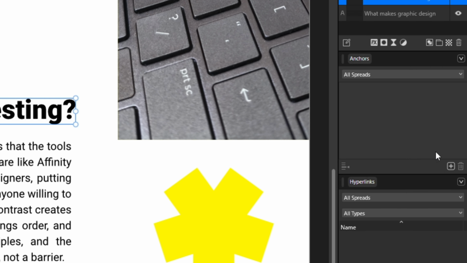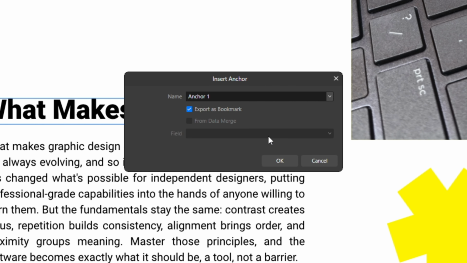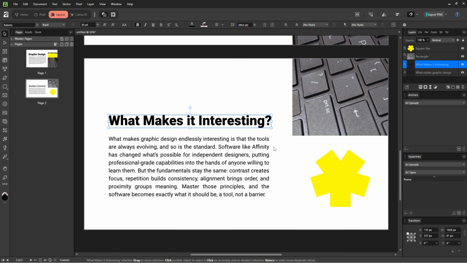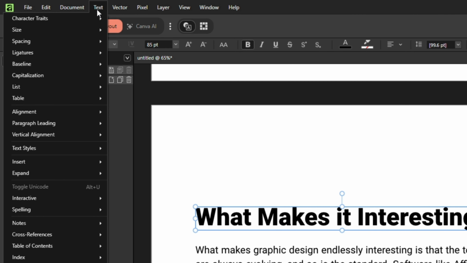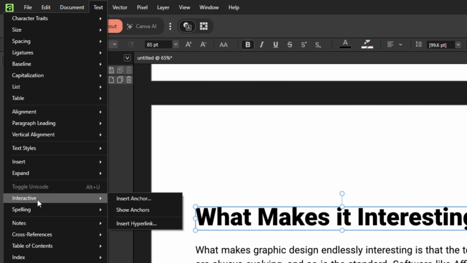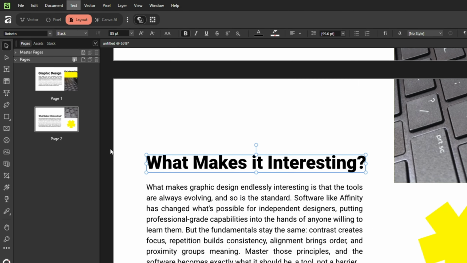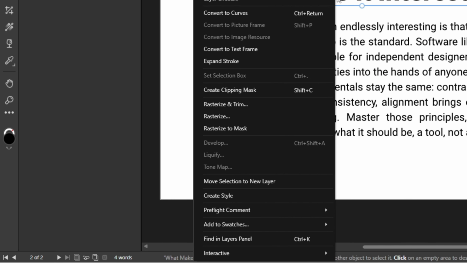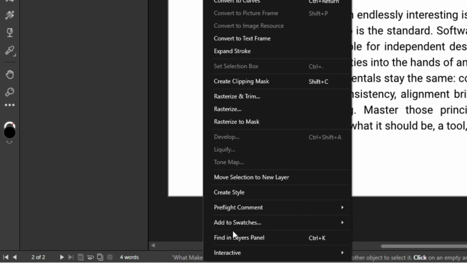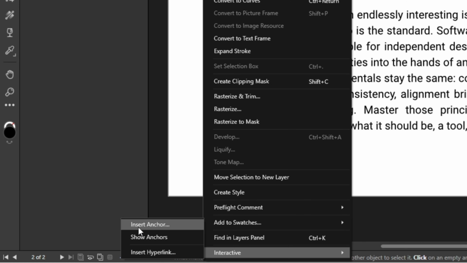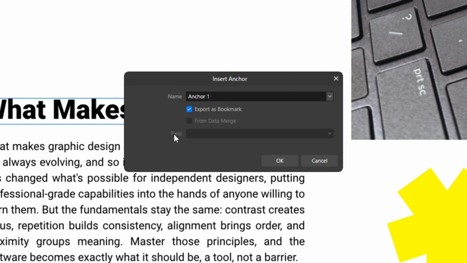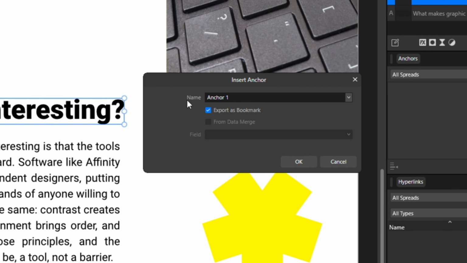I'll click this icon to create a new anchor, which will open up a dialog box where I can fill in the required information. Alternatively, I can go to Text in the top menu, select Interactive, and click Insert Anchor. Or I can simply right-click on the selected text, select Interactive, and click Insert Anchor. Once the dialog box is open, I'll fill in the name, make sure to check Export as Bookmark, and click